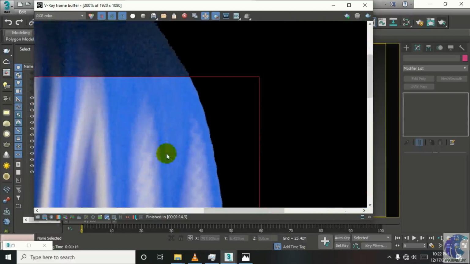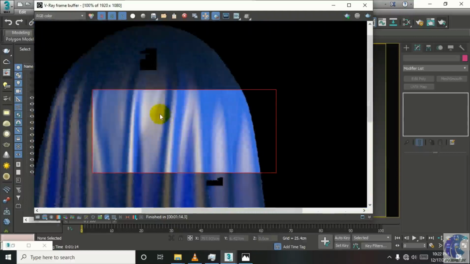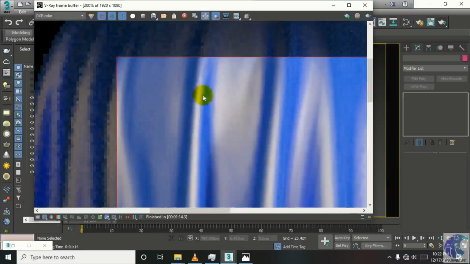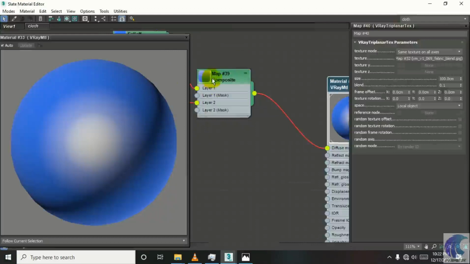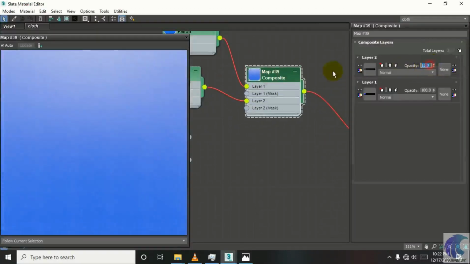So look at this, this is not good, this is not what we wanted, and this is showing the same result as we wanted. Now we are using composite as 20%.